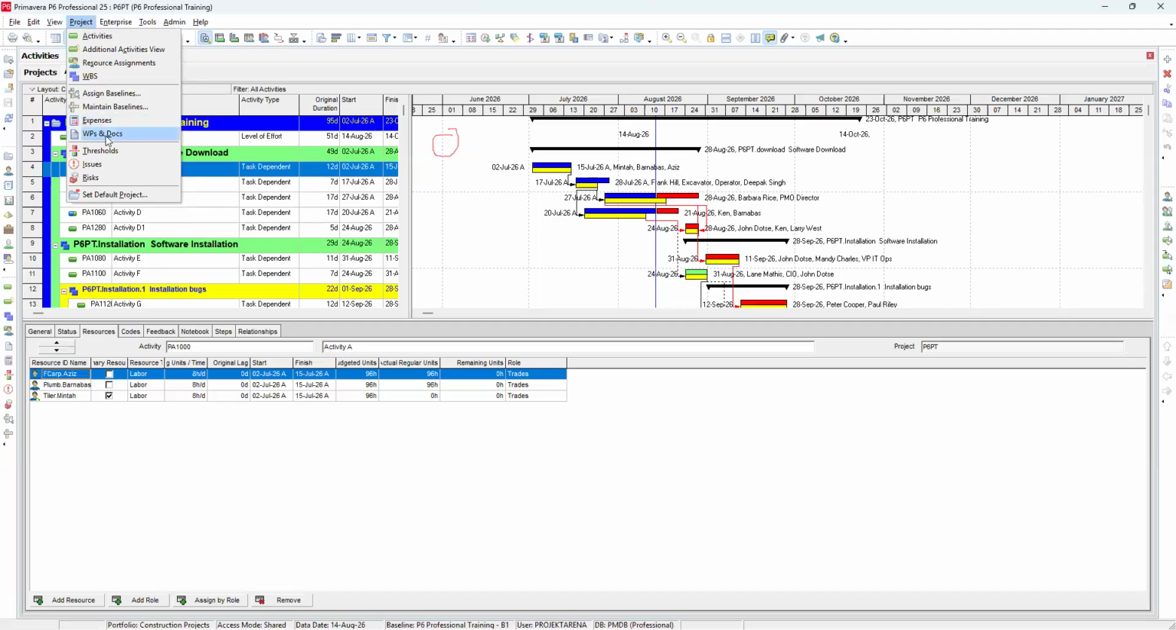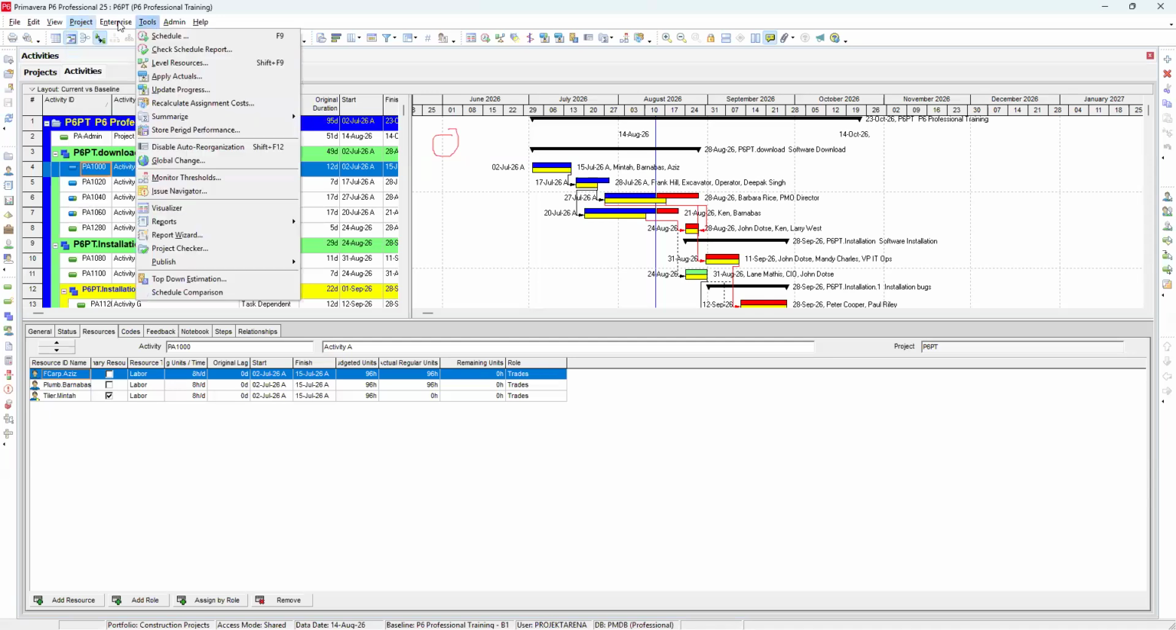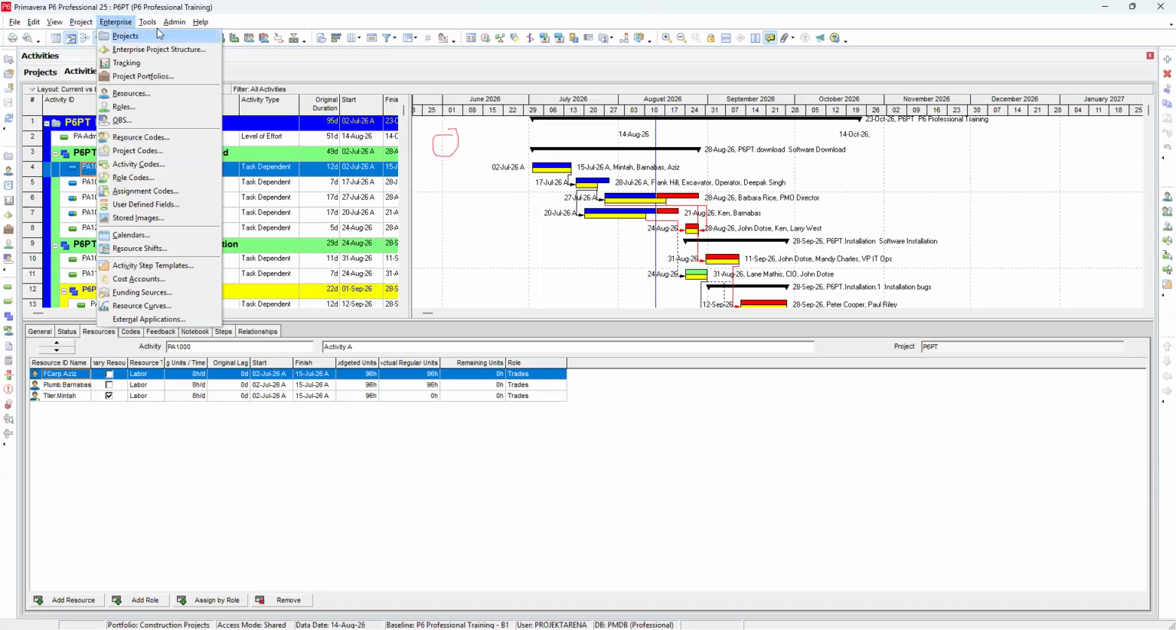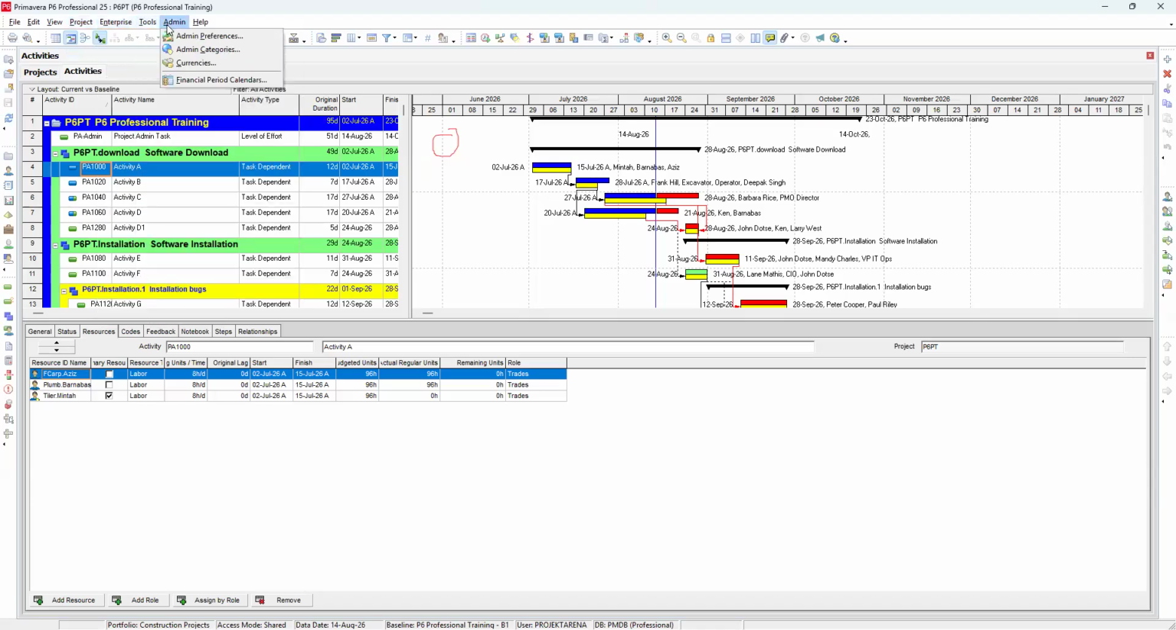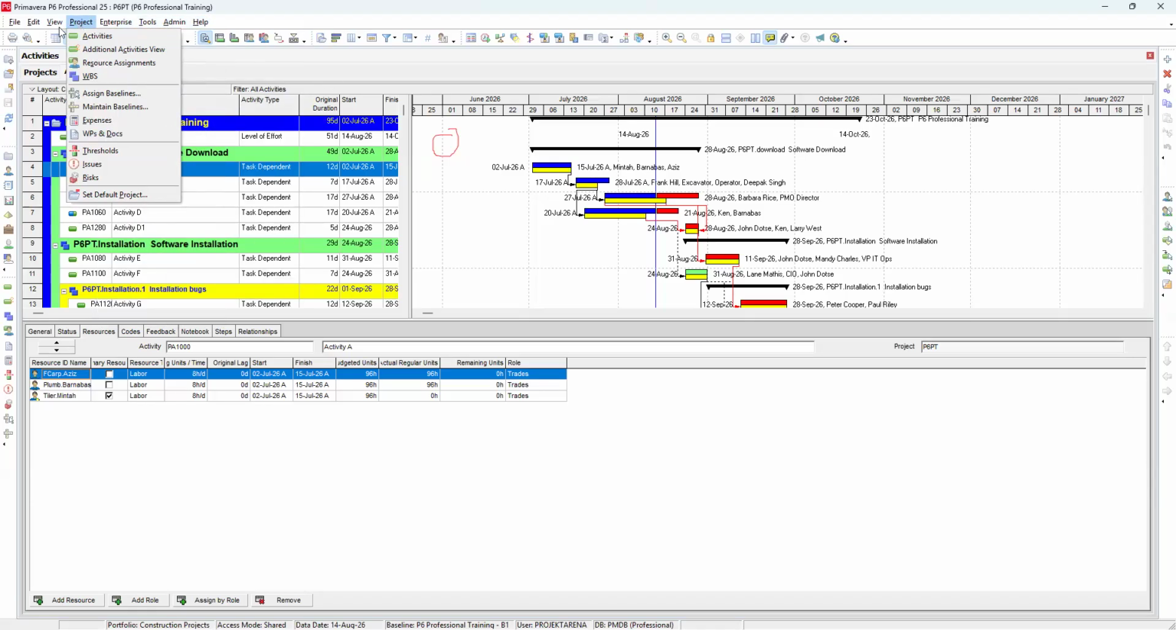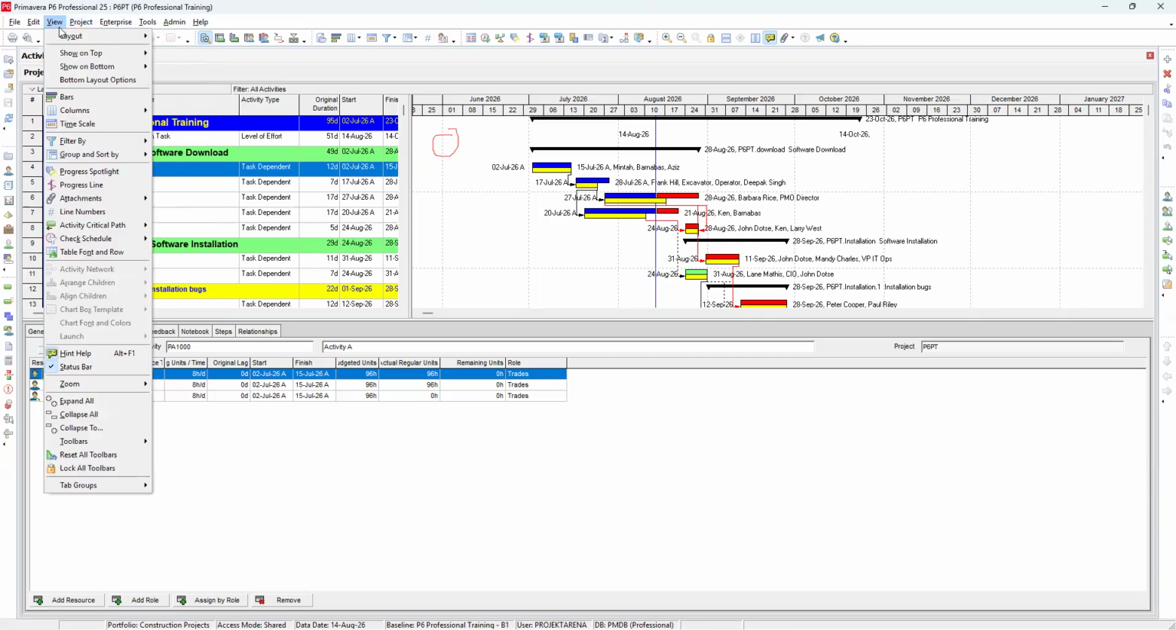And this is where you see the work product and docs, the WP and docs I was talking about. All right, now you have activities, your additional activity view, and all of these are now available. And then when you open all the tools, they are all going to be active. All right, now you can look at